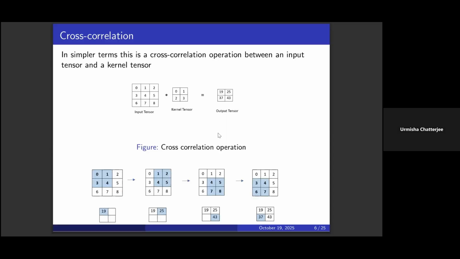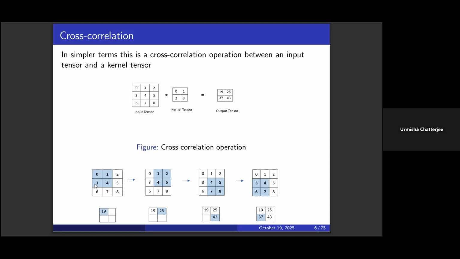To visualize this with an image, this is how we can write the convolutional neural network operation. This is called the cross correlation operation. We have an input tensor, which I have denoted by a 3 by 3 matrix, and then we have a weight matrix that considers a local region within the matrix. This is called the kernel tensor. This kernel tensor is sliding across the matrix. You can see in the bottom figure that it slides across the matrix at each window.